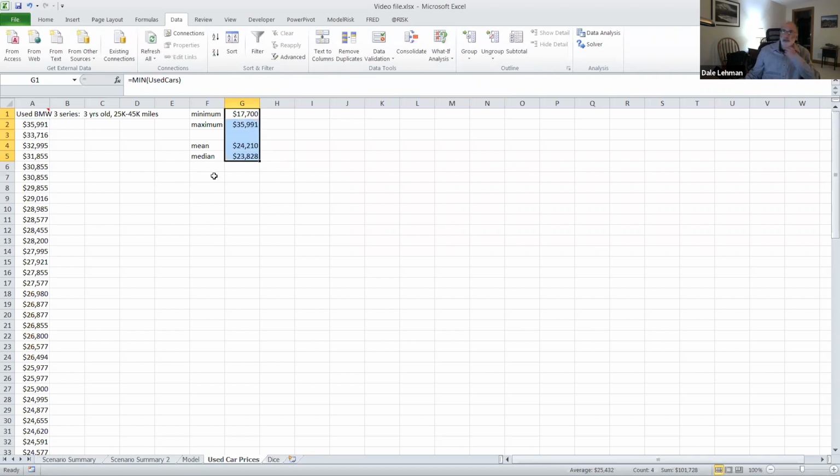So those are two alternative measures of what, if you had to pick a single best number to use, you would pick one of those. But we don't want to pick a single best number. We want to reflect the actual variability in this. So we need to look at some measures of